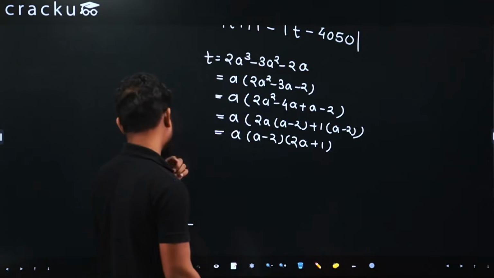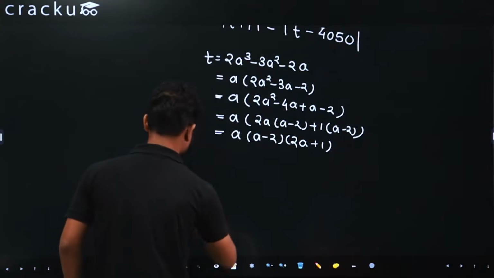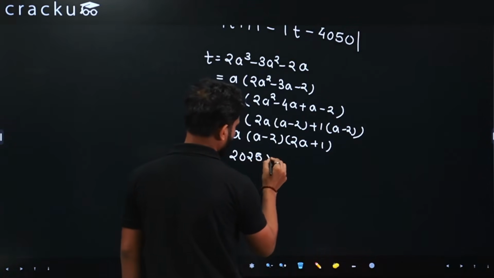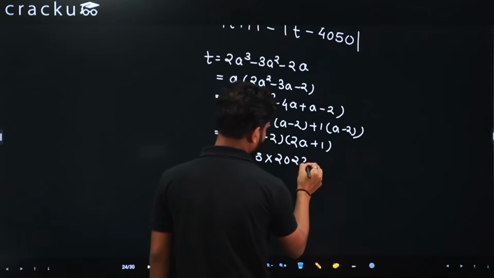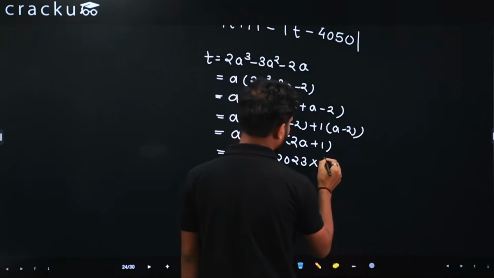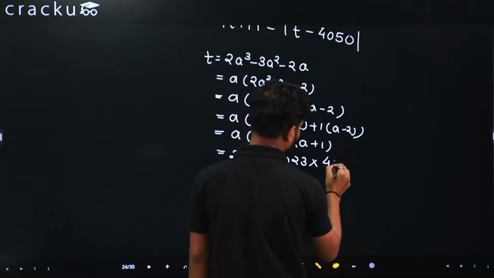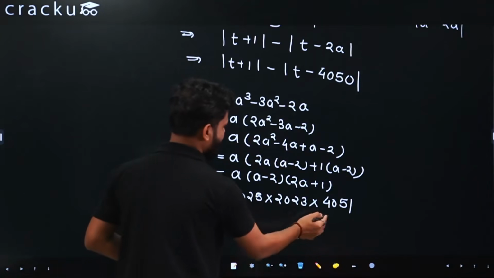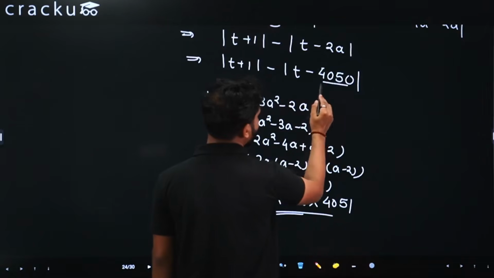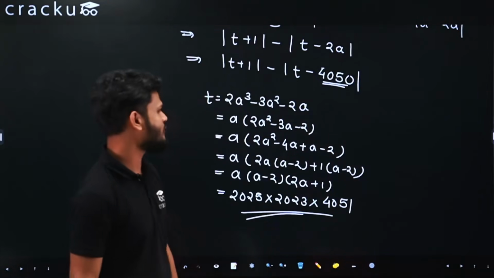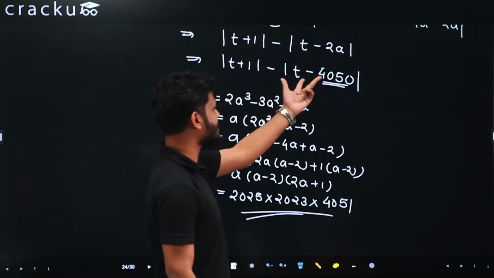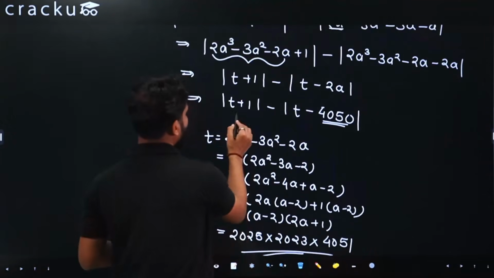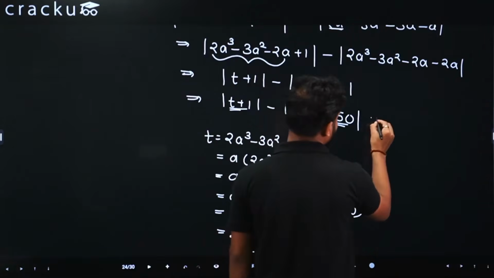What is a? A is nothing but 2025 into 2023 into 2025 into 2, 4050 into 4051, right? Now I can say this value is obviously greater than 4050, correct? So this term is anyway positive, so I can take this term as it is outside, and anyway this is positive, so this is t plus 1